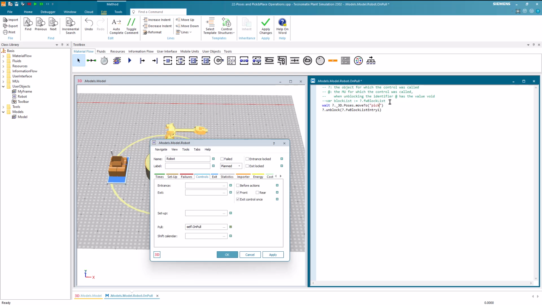Then we unblock the part. Post-unblocking, we wait until the part is on the robot to account for potential interruptions preventing the part from reaching the robot. We insert a wait until statement, where we wait until the location of the part is at the robot.